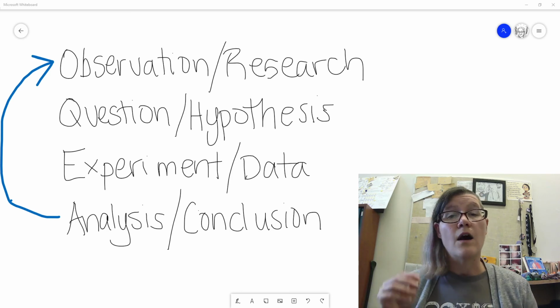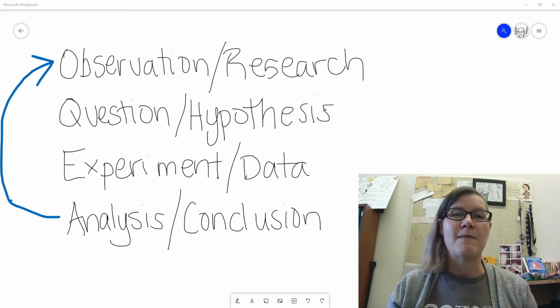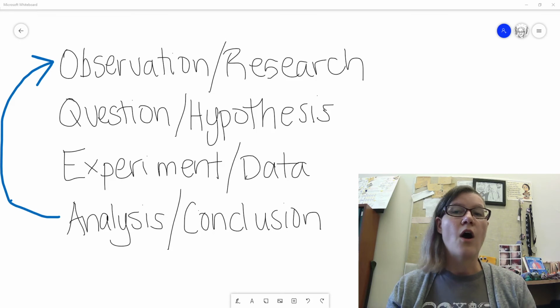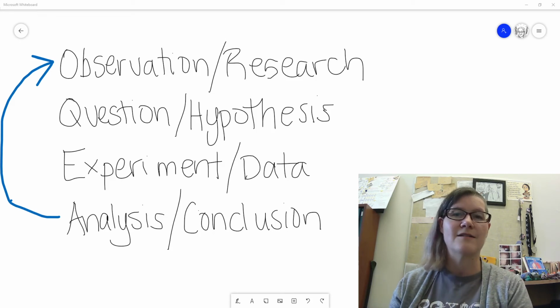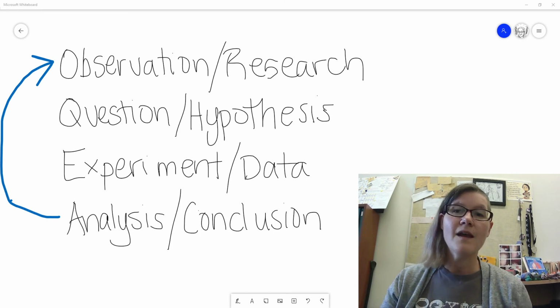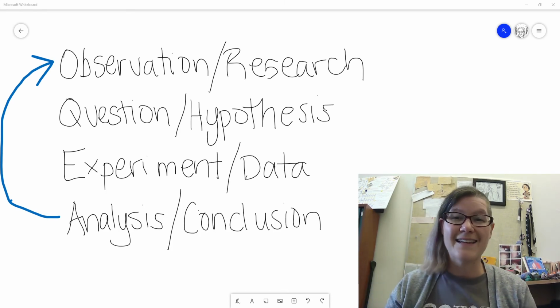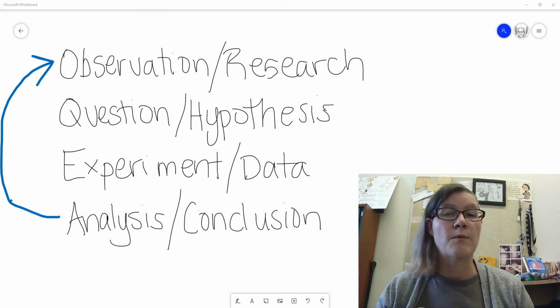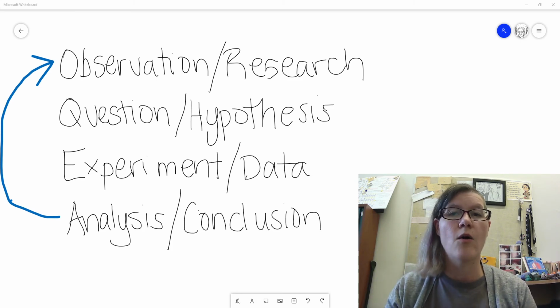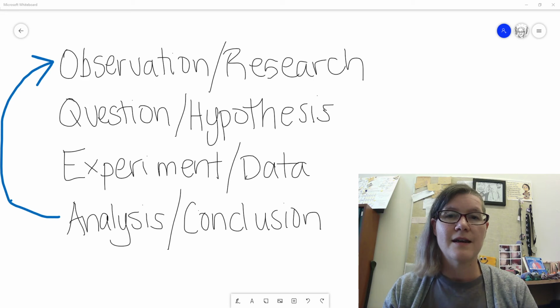And although you'll find many different versions of the scientific method, I think this one holds up as a good way to understand the process of making things happen. The nice thing about this method is that it's not limited to specific sciences. Anybody can try and use this anywhere. It doesn't limit our types of data. It always brings us to a place where we have to create a conclusion. And it always says start with what you already know and then ask about it. And so it's very useful.